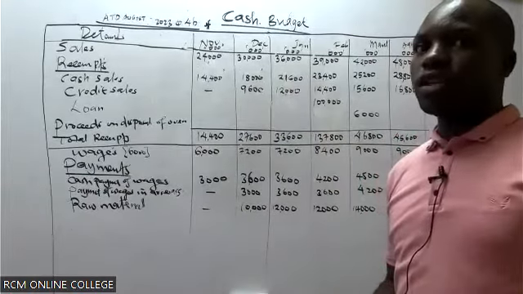So the bad debts written off will not find itself into this particular statement because we are only interested in tracing the movement of cash. If it is bad debt written off, yes, it is under sales, but it cannot be recorded as receipts because it was automatically written off. The debtors failed to obey their obligation by paying the credit purchases, and therefore we are not going to recognize it here under receipts. So let's go ahead